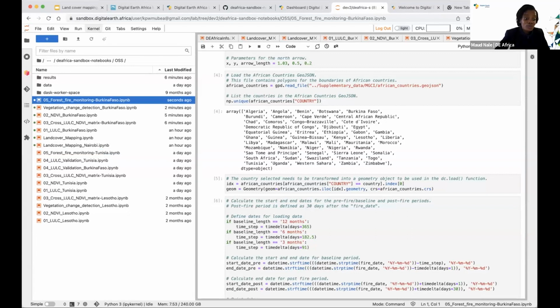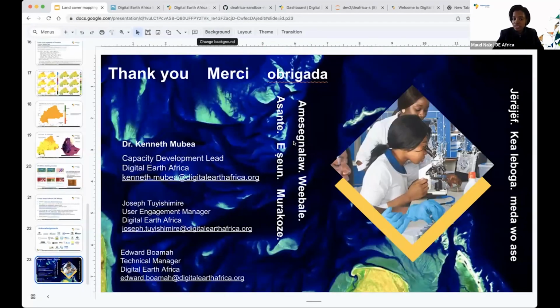Thank you to you, Ken, for such a very clear presentation, very comprehensive. I trust that the leaders who are in this space found this useful and can be able to use it to make their work better. Land cover mapping in Sandbox, that address once again is sandbox.data digitalearth.africa. And Ken also spoke about the online courses, especially land degradation, which is quite related to land cover mapping that we discussed today. All of that you can access via